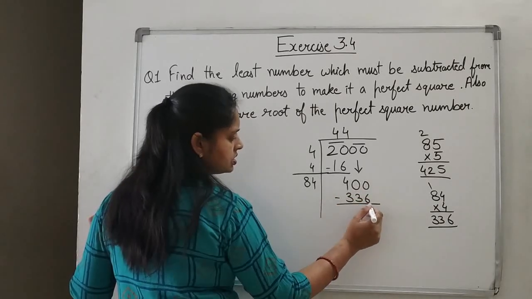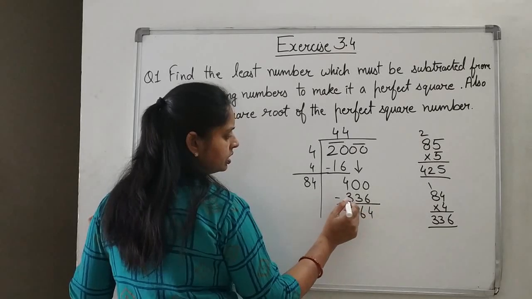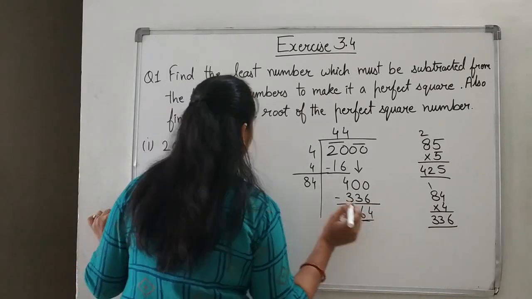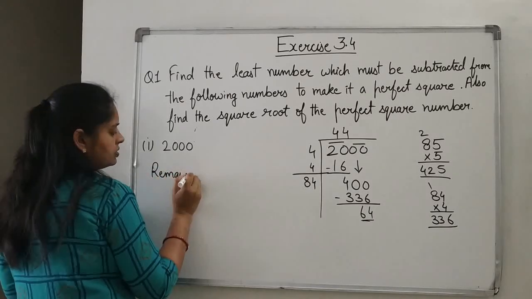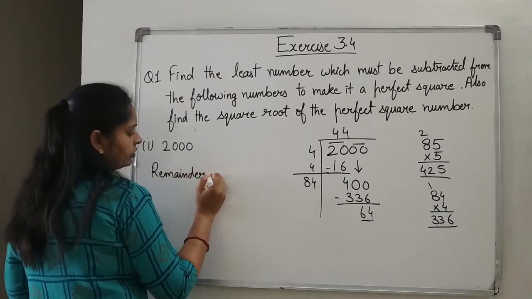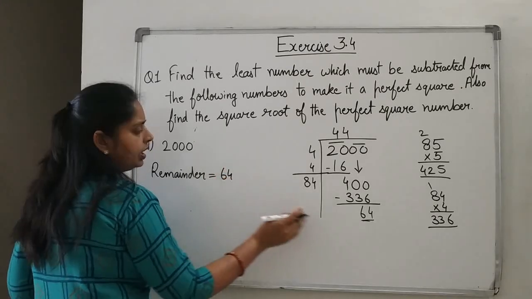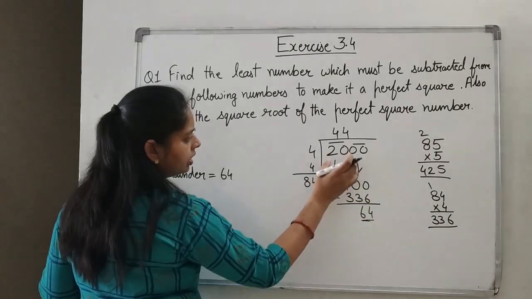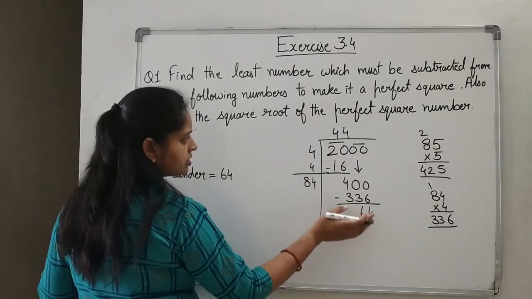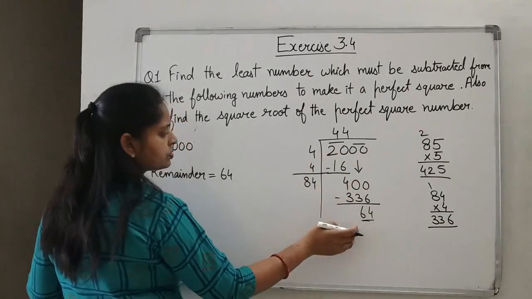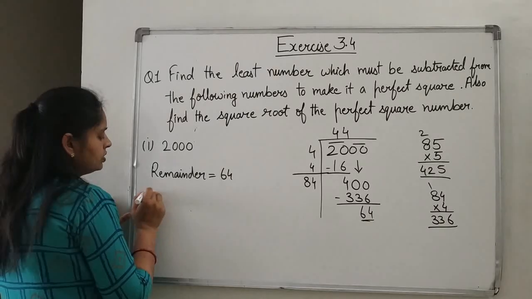10 minus 6 is 4. 9 minus 3 is 6. 64 is the remainder. So what remainder we got? Remainder is 64. And remainder is 64 means in 2000, 64 is extra. 64 is extra to get the perfect square number. So whatever remainder we are getting, we need to subtract that number. So 64